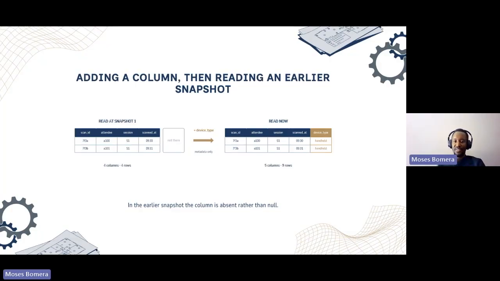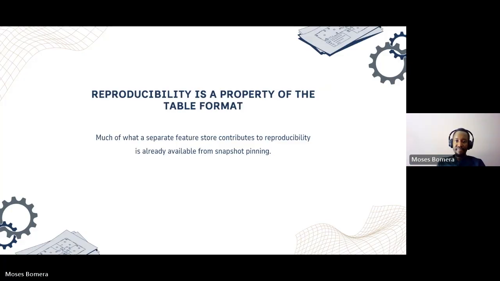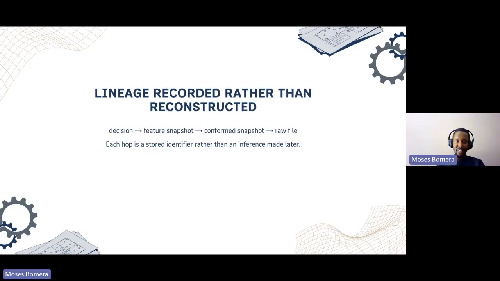This is really similar to, again, the analogy with Git commits and what it gives you in terms of checking the state of things at different points in time. For machine learning and data science workloads, this is very key. You want to know what the data was, not what it is today, but what it was at the time you made certain decisions. Yes, and that is reproducibility.